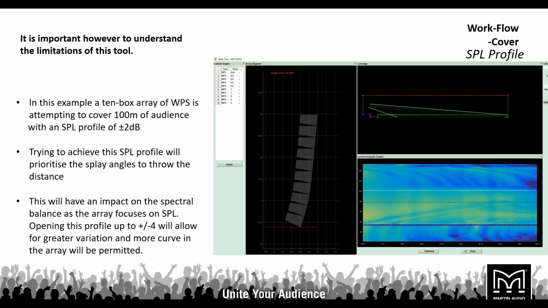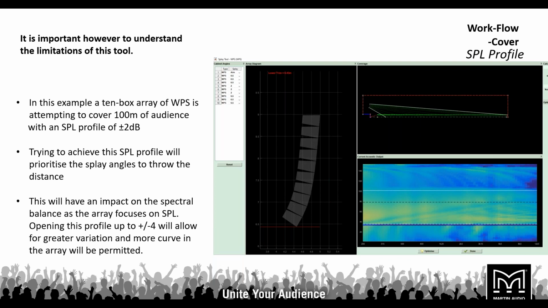Obviously, if we're trying to cover 100 meters or 300 feet, roughly 328 feet to be more accurate, of audience with a WPS array of 10 boxes with a ±2 dB profile, what's going to happen is we're going to get a pretty much flat array that is really not aiming down because we're really trying to go for distance there. If we simply change that from ±2 to ±4, we get a much better coverage from the array,